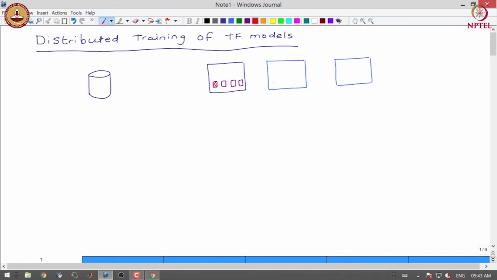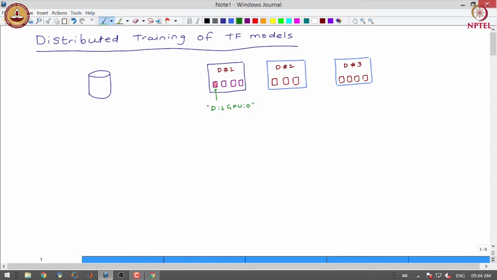and each machine has a different number of GPUs. So, this is device number 1. In the previous module we already studied how to identify each of these GPUs. We said that we will have a device ID and a GPU ID. So, the first GPU will be identified as device 1 GPU 0.